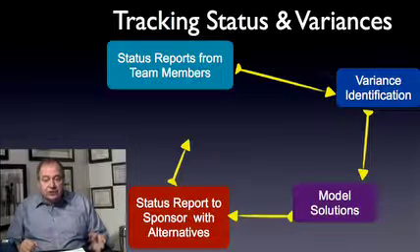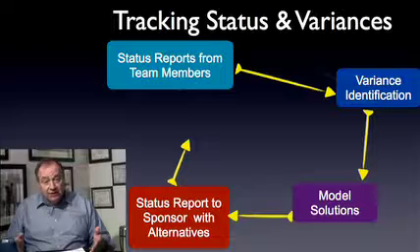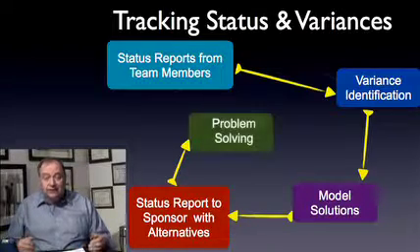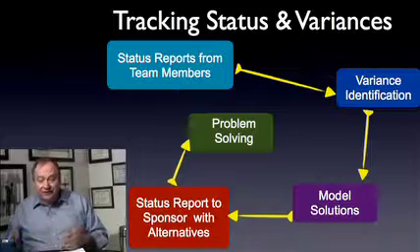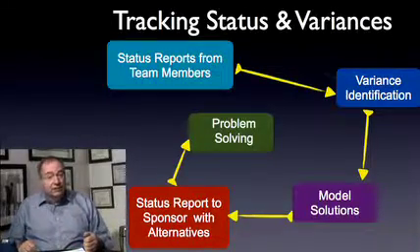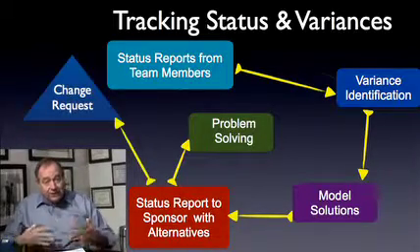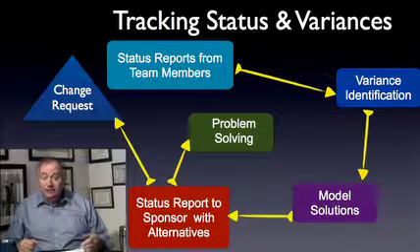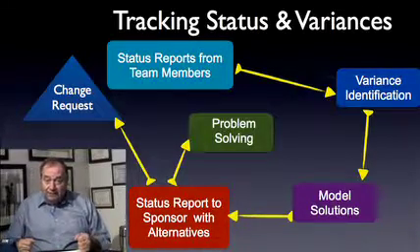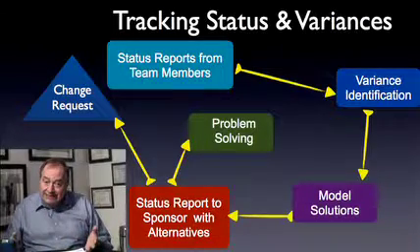Then, you use the software to track project progress and create your status report for the sponsor. As a last step in the cycle, you're going to model different corrective actions using the same techniques we talked about with the critical path a couple of modules back. You'll model options about how to fix the problem. So you go into your status report not only with the data on what's happening, but how you're going to fix any problems that exist. That's the cycle.